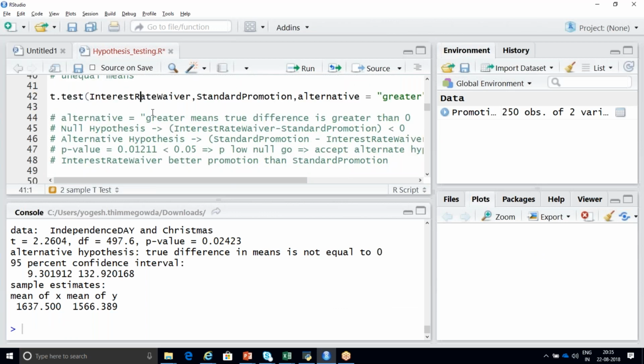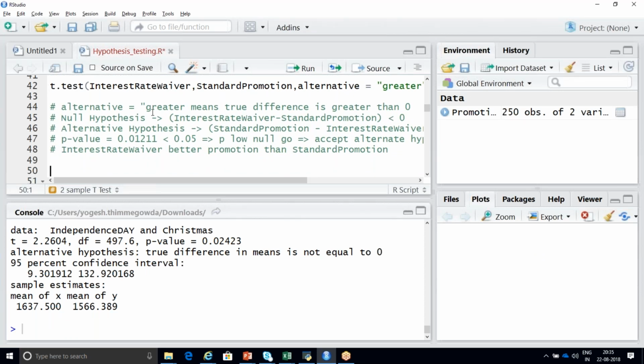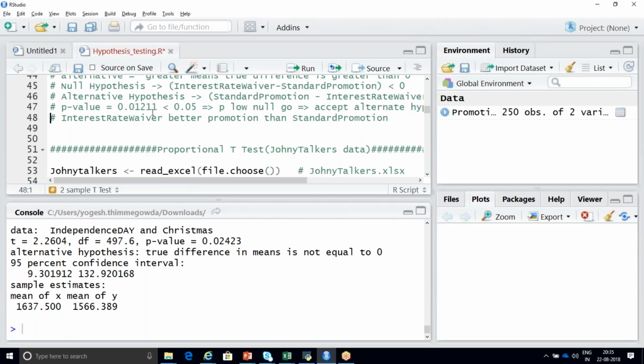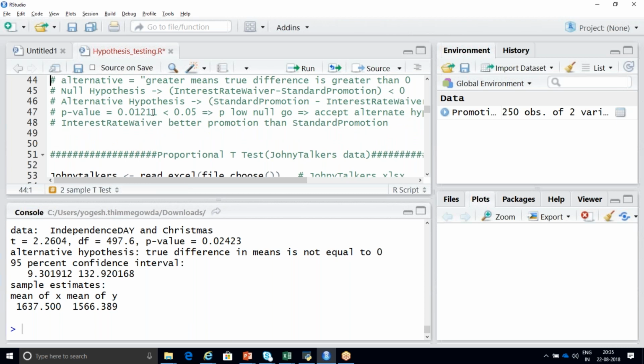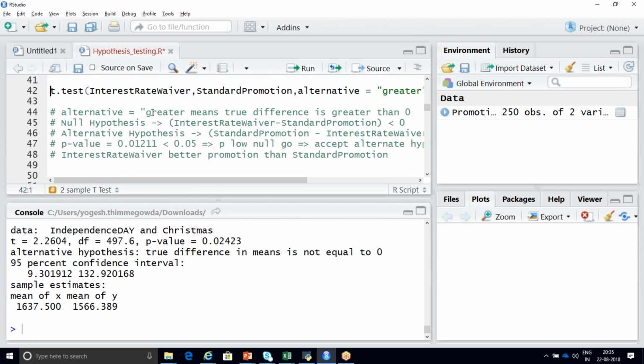So again, I'm going to check. This line, t.test, same function. It is your two-sample t-test. And here I'm not using anything.